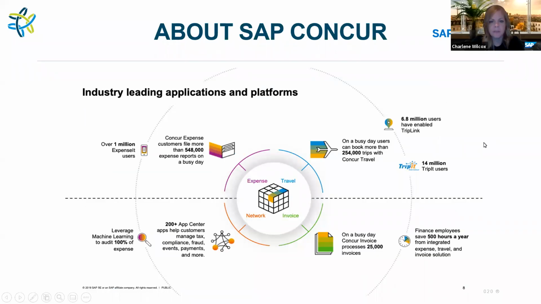Yeah, thanks, Matt. SAP Concur, proud to partner with NeoSystems. For those not familiar with Concur, on any given day, Concur processes over 500,000 expense reports. More than 250,000 trips are booked on Concur travel platform, and we're processing over 25,000 invoices daily through Concur. Concur is a scalable, comprehensive spend management platform. It gives our customers better visibility and control over spend. And we're proud to be built on an open architecture so our customers can leverage solutions from over 200 partners